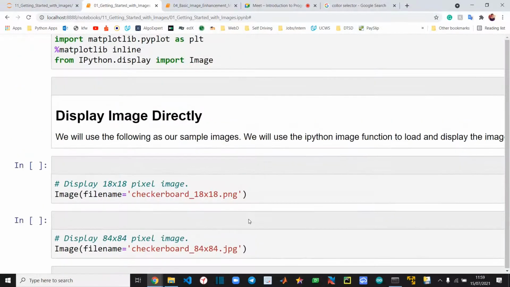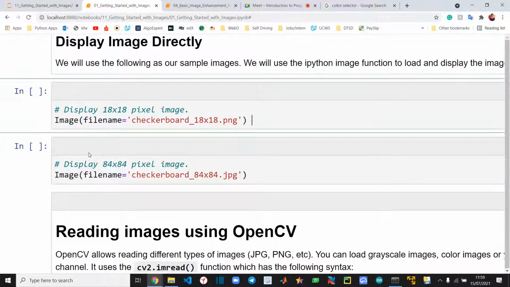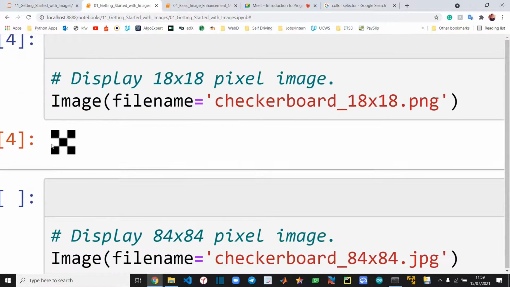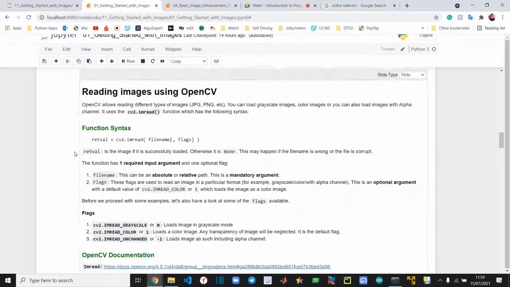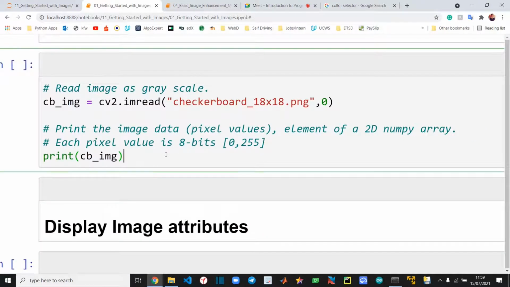We saw this board right here, 84, 84, 18, 18. This image right here is an 18 by 18 image, like 18 pixels by 18 pixels. It's a very small image. And if we open it as grayscale and I print out the image,